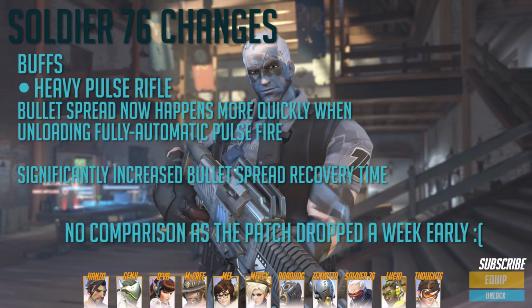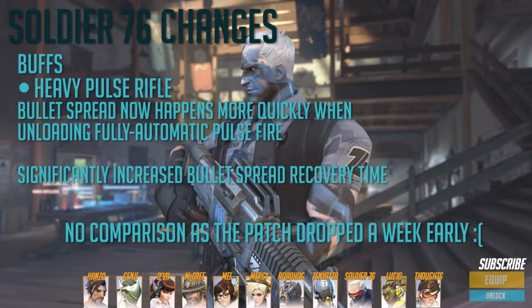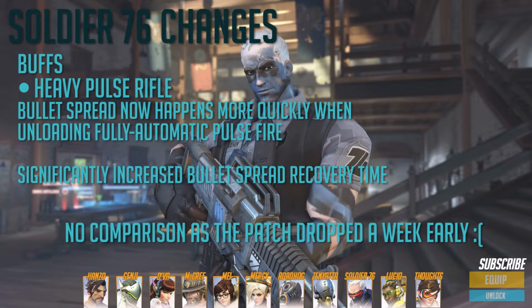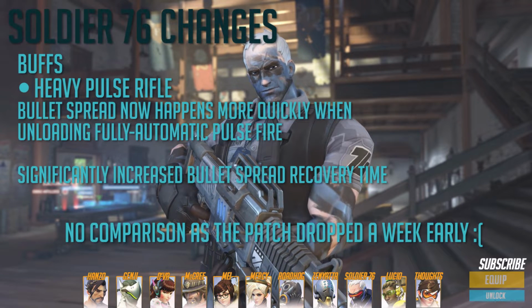Soldier 76 has had yet another change to his Heavy Burst Rifle, an attempt to increase his long-range efficiency and hopefully bring him back into the current meta. The spread now grows at a much quicker rate, but also recovers much more quickly. While controlling your burst correctly, this change should make his long-range damage much more reliable at killing targets like Pharah